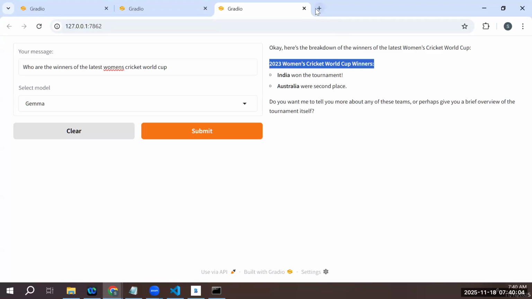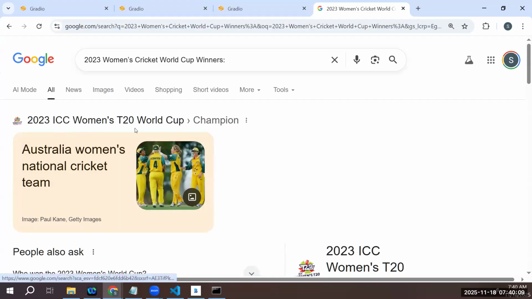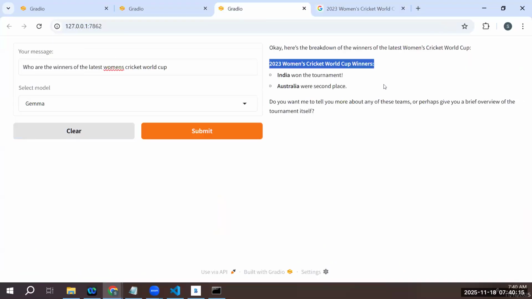Let me see. Yeah, the ICC Women's 2023 World Cup winners are Australia, not India. So here it is. This feature is called hallucination. Hallucination means it will give